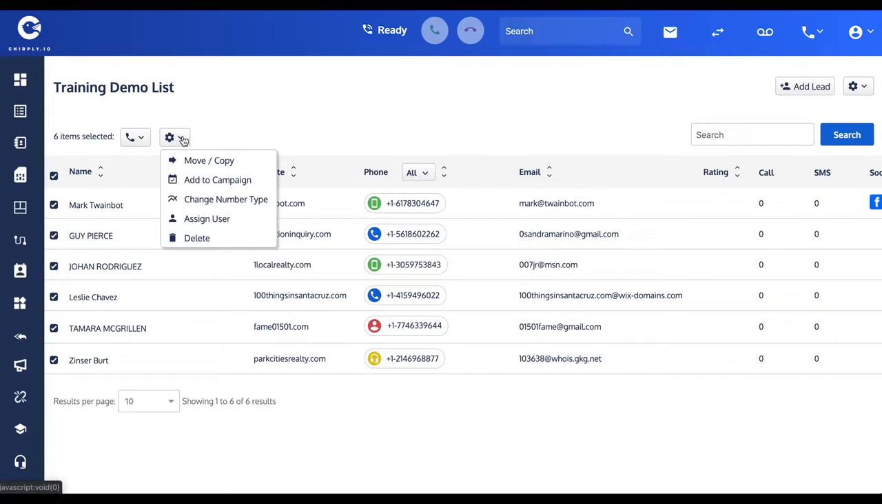Likewise, list functions that you could do with these 6 people, I could move them all to a different list or copy them into another list. We can add them to a campaign. You'll see that also in a later video, which will then proceed to do a number of actions to them that you've specified in that campaign. If you had sub-users or agents, that's what this assign user feature lets you do. You can send an individual contact to another sub-user on your account. Again, delete is here. And then change number type if you wanted to do that in bulk to a number